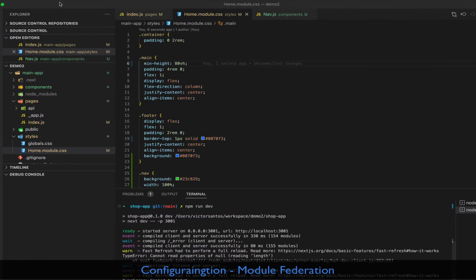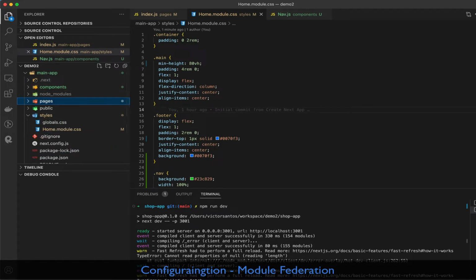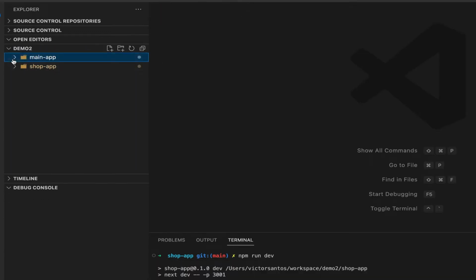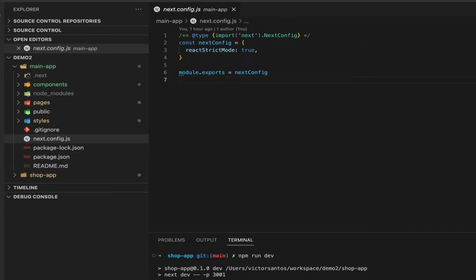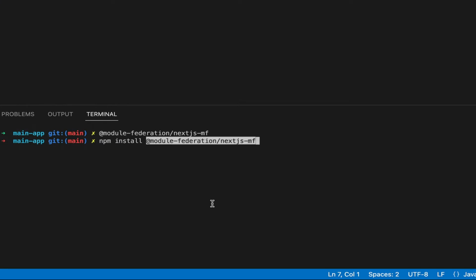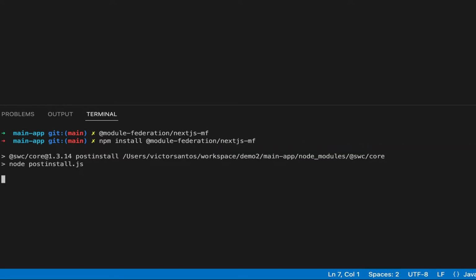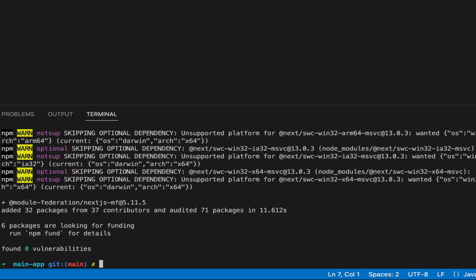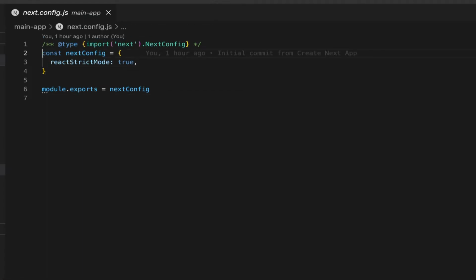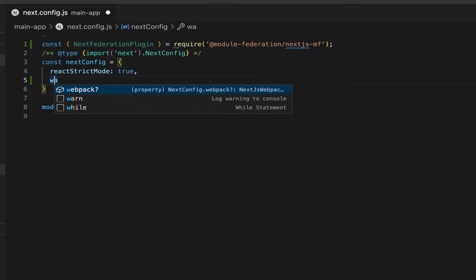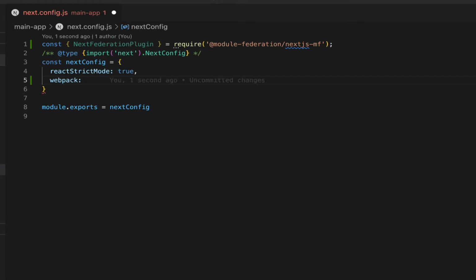Let's go back here to the code, close those things. Okay, let me clean this up a little bit. We go to next config.js. The first thing that we need to do is to install our module federation for nextjs. This is from Webpack, so it will be available for pure React or for Vue or any other app which uses Webpack. So first thing, it's to import our plugin, and then we're gonna do a custom Webpack configuration in our nextjs. Okay, Webpack config options,